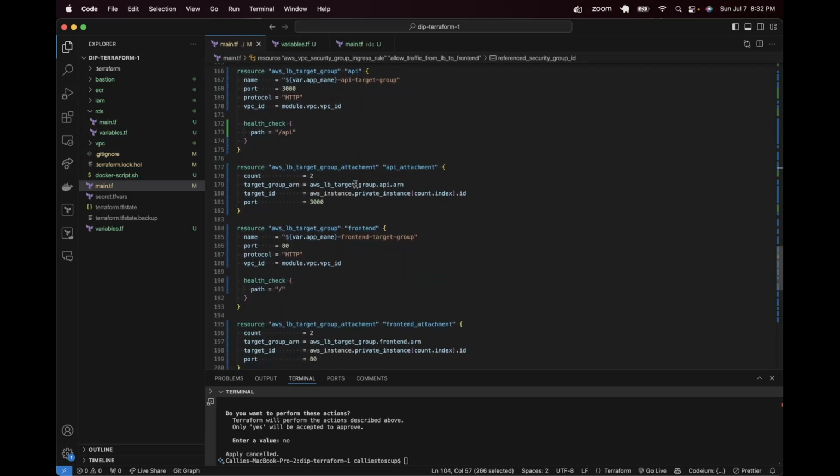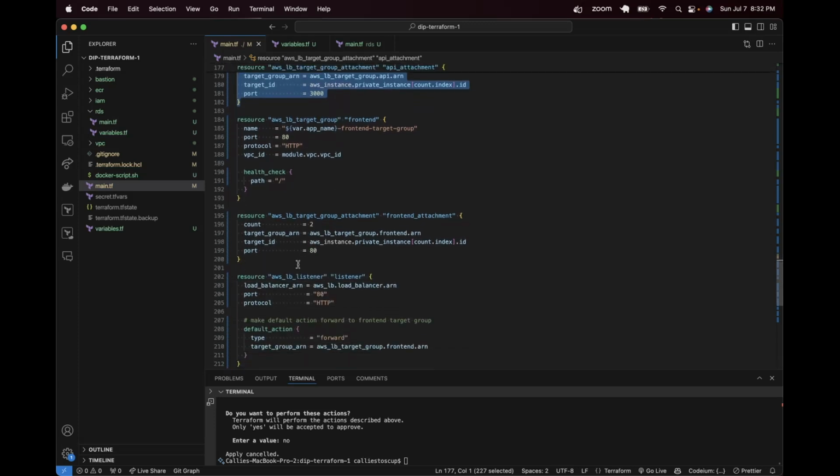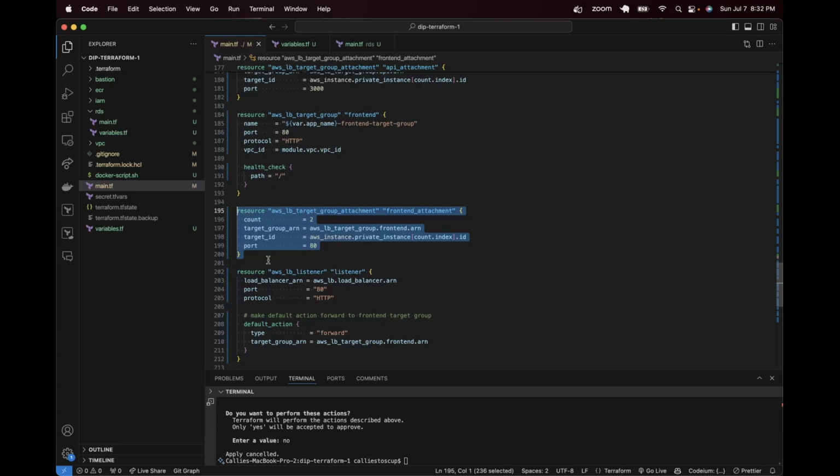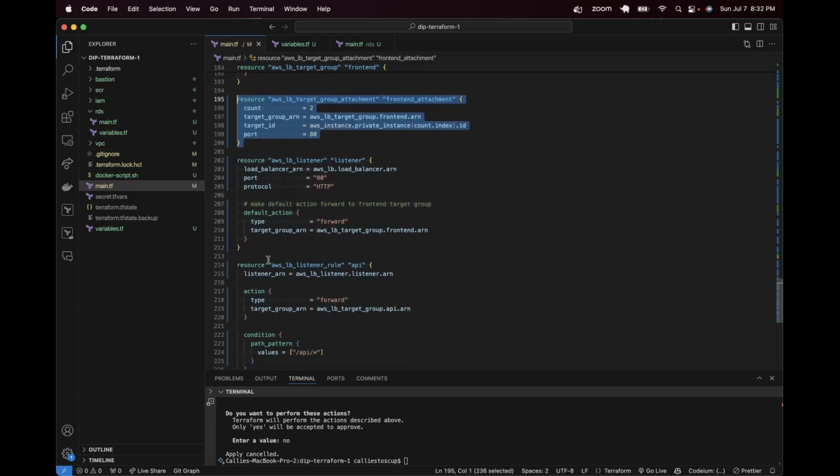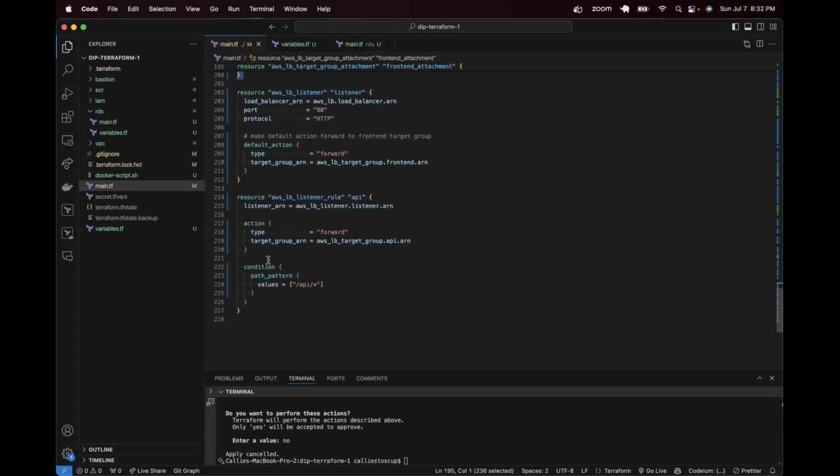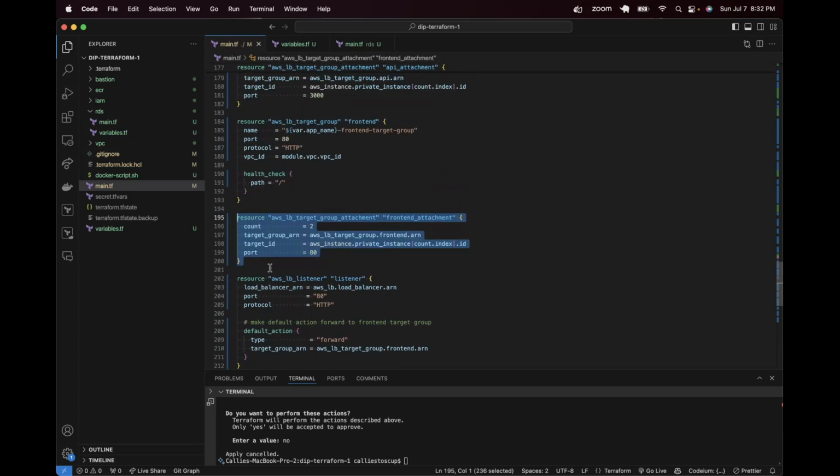All right, here is where we attach, right, our instance to the target group that we created. And then here is where we attach the front end, the instance to the front end attachment. So what I think I'm going to do is I'm going to leave these attachments